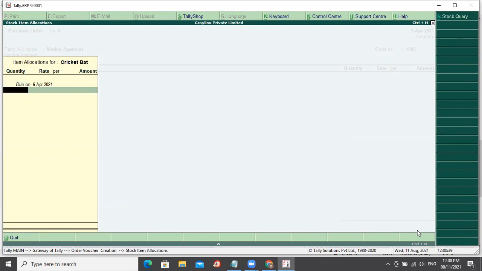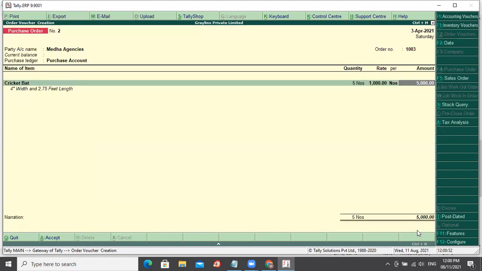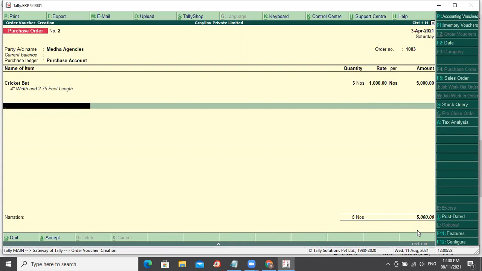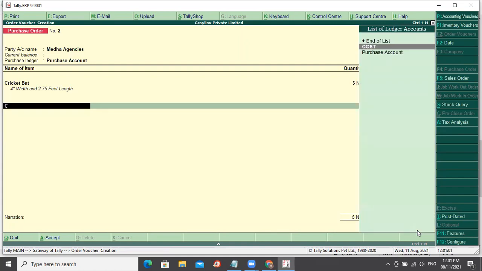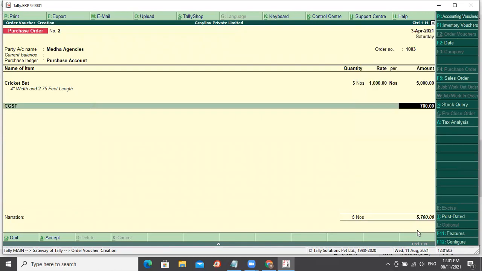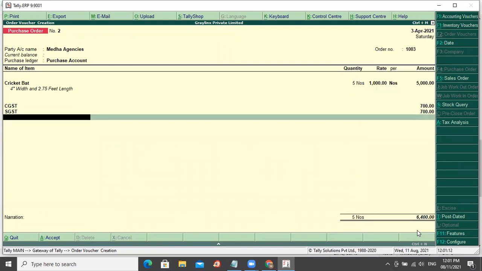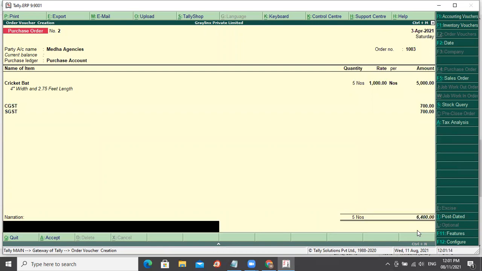How many quantity? 5 numbers at 1000 rupees, because this is the shorter bat, not the lengthy one. So 5 numbers at 1000 is 5000 rupees. Okay, only one item. To this I have tax configured. So I'll just say CGST. It has automatically calculated 700 rupees at 28%, means 14%. SGST is 700 rupees. So total is 6400, being the order placed.